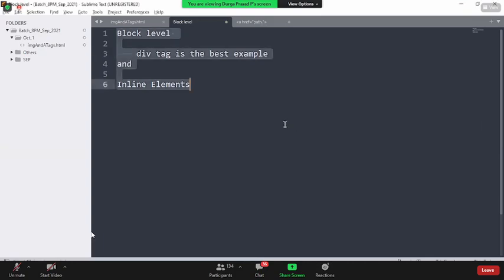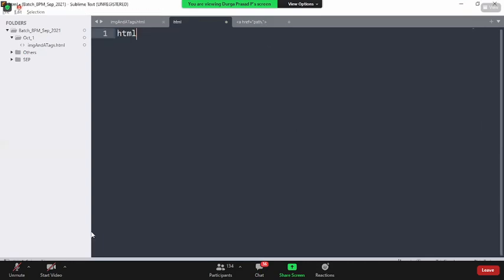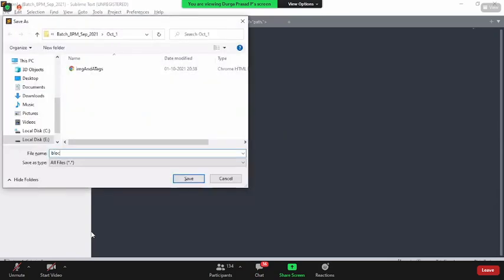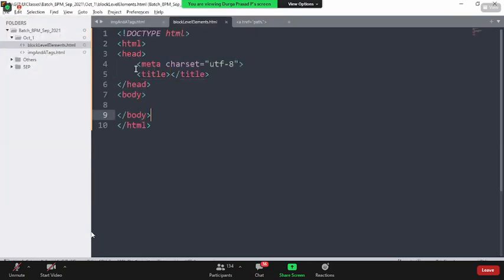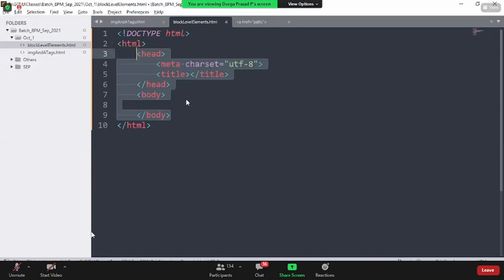Let me show you what actually it is. Now I create a file called block level elements.html. Say, for example, yesterday I was asking you guys to create the student details. What were you doing?